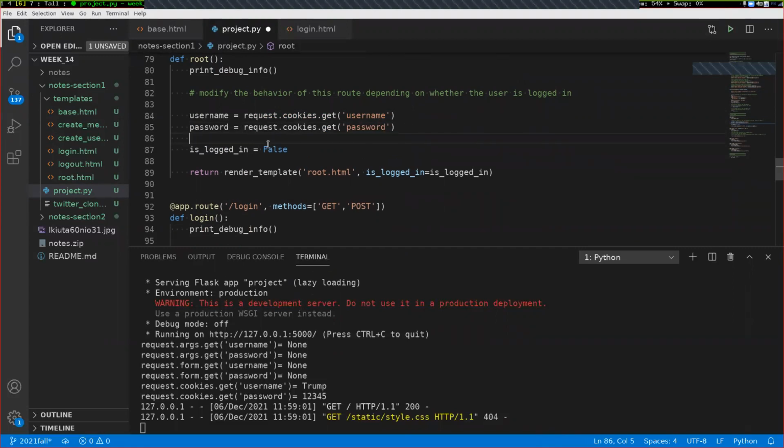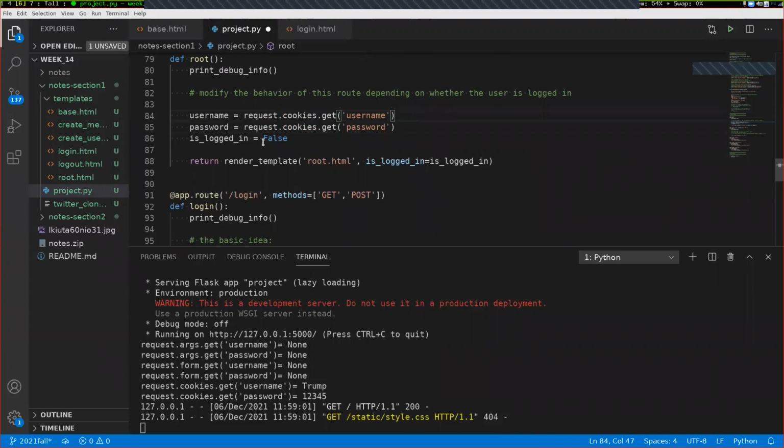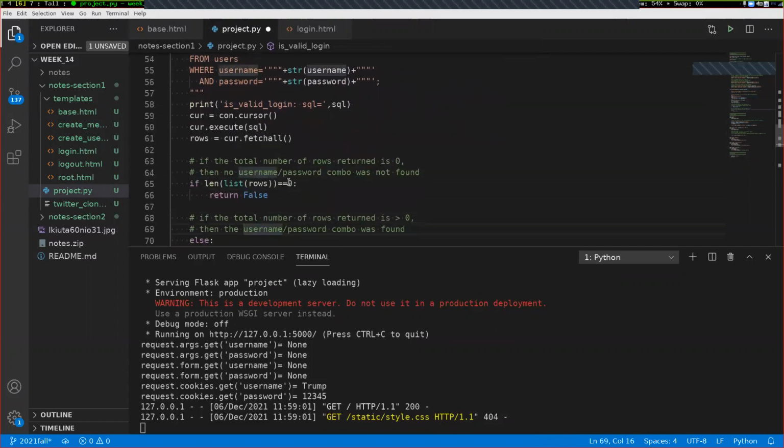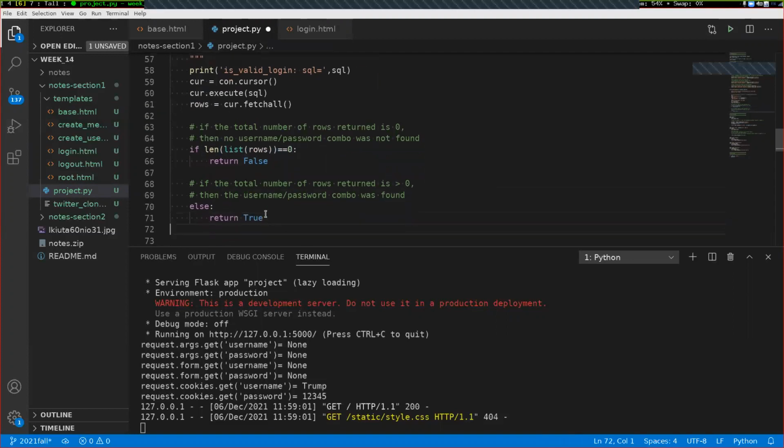And we want our is_logged_in to be the result of is_valid_login. The is_valid_login function takes three parameters. The first one is a connection to a database, then the username and the password. Then it does a select statement right here, looking up whether there is a particular user with that particular password somewhere inside the users table of the database. If there is not, then we will get no rows returned from our SQL statement, so we'll return false. If there is, then we will get more than 0 rows returned, and so we will